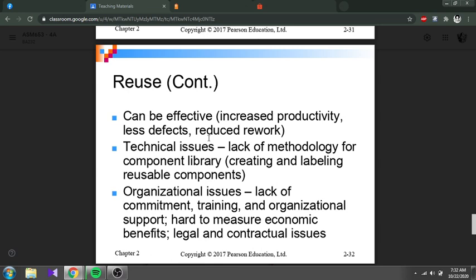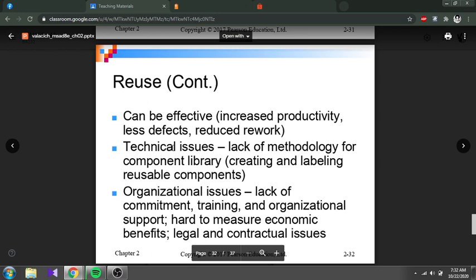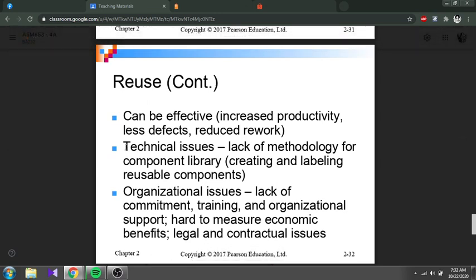Okay, technical issues: lack of methodology for component libraries, and creating and labeling reusable components. Additional issues: lack of commitment, training and organization support, hard to measure economic benefit, and legal and contractual issues. So maybe you don't have the technical expertise to configure everything, so we can just upgrade a few parts of your old system.